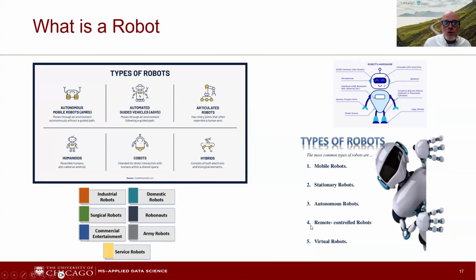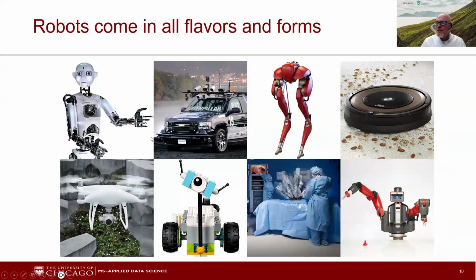But we're not talking about just robots. We're talking about autonomous robots, right? We don't want programmed robots. We want model-based robots. Mobile robots, stationary robots, a lot of different types. Service robots, army robots, astronaut robots, and then personal domestic, like the one that was cooking food, making eggs, or cooking shrimp, I think it was. Robots come in all flavors known to man.